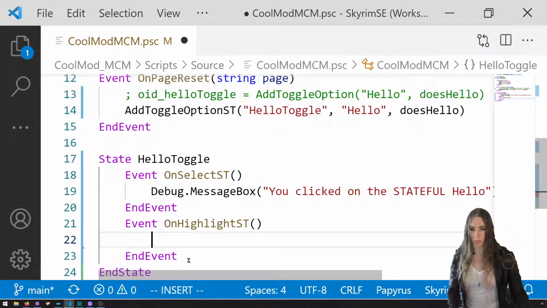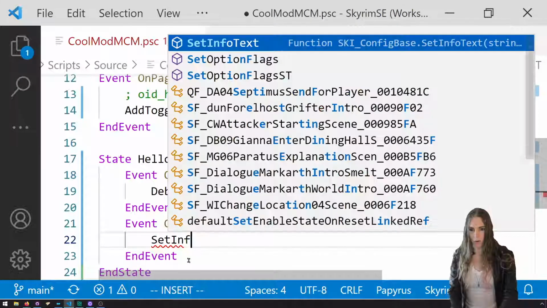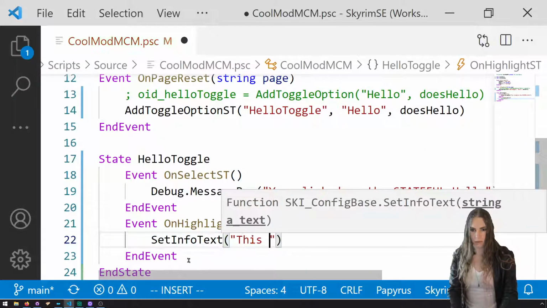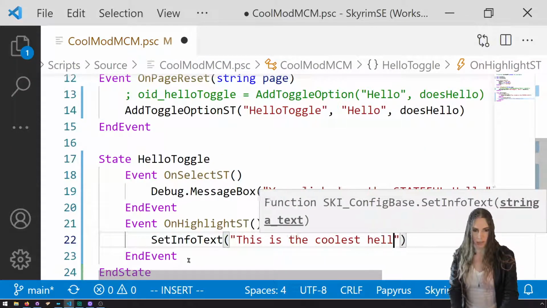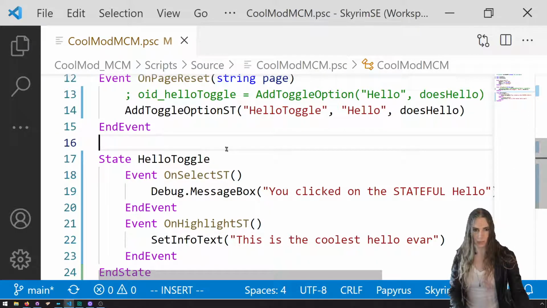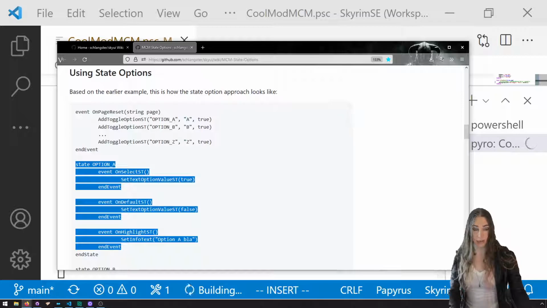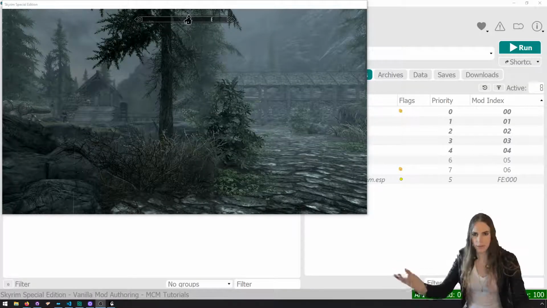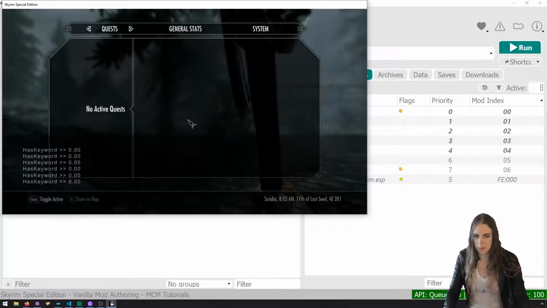So on highlight, we'll say set info text: This is the coolest hello ever. And let's take a look-see at that. And in Skyrim, escape,